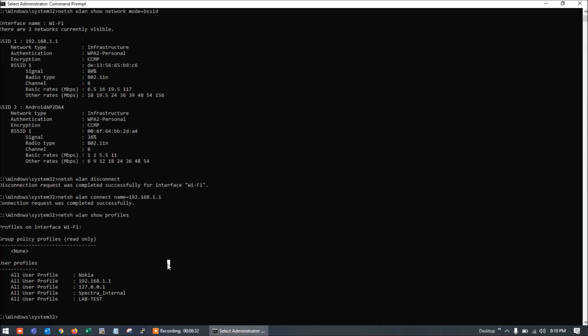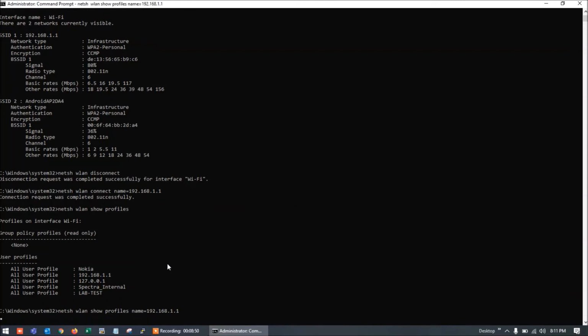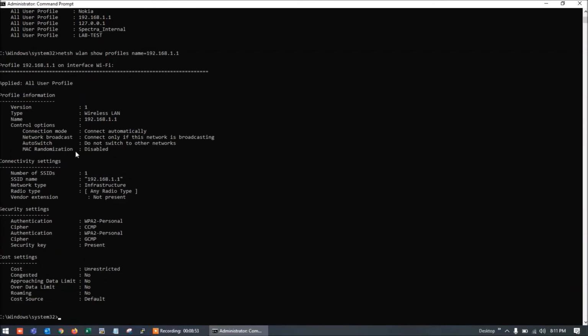The command would be the same, netsh wlan show profiles, then you have to mention the name. If you simply mention the SSID name, 192.168.1.1, and press enter, you can see the details of it.